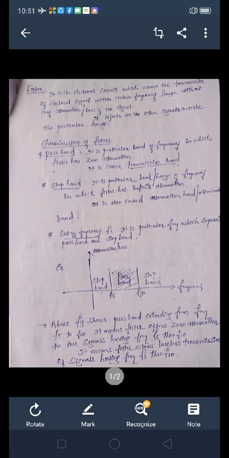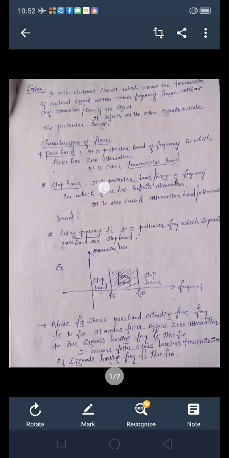It rejects the other signals other than wanted. So, a particular range of frequency will be passed. Filter circuit allows the transmission of the signals of a particular frequency range, and it will stop the signals having frequency beyond this particular range. That is called filter circuit.